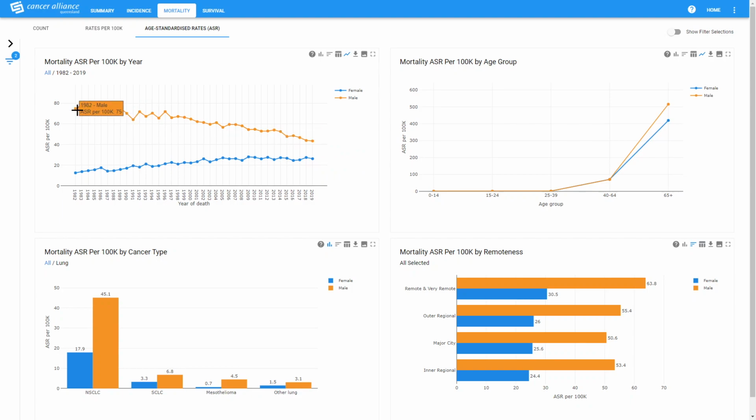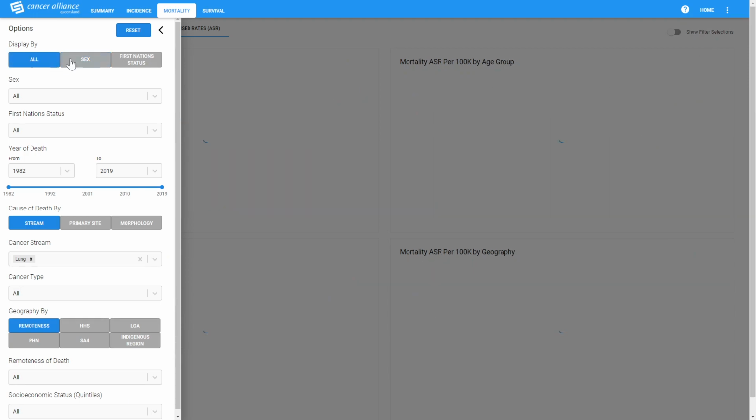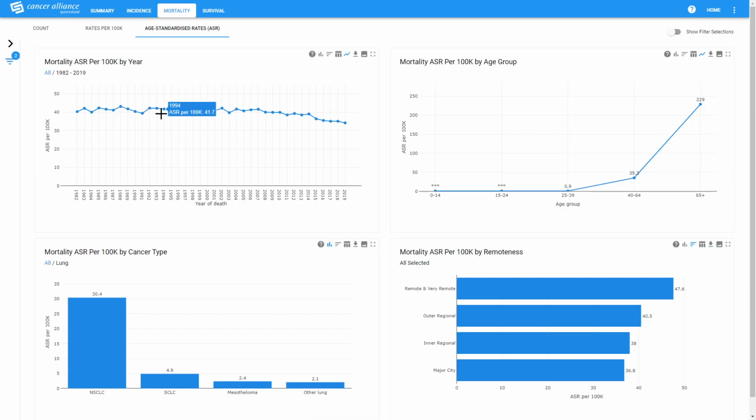You can see back from 75 for males and only 12.6 for females, down to now 43 and 26. So where the mortality rate was about 6 times higher for males in 1982, now it's less than twice as high. And at some stage those lines may come together. But overall, if we were to look at the pattern for all Queenslanders, you can see that the trend is going down. And so you would expect that as time goes on, perhaps those two lines will come closer together,